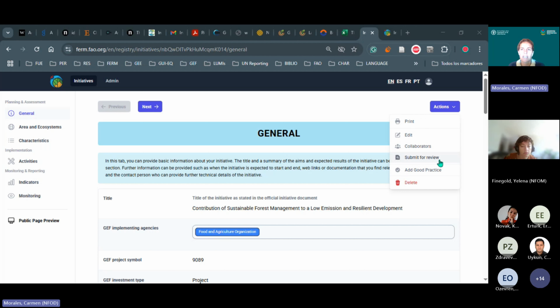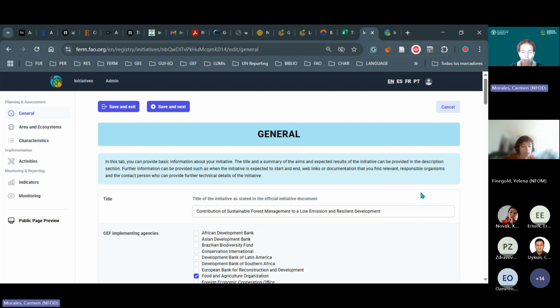And then the submission process basically is, I will be responsible for reviewing all the information, checking if the GEF core indicators are correct, if the achievement is correct based on the information that you submit in the PRRs. And then once I see that the information is correct, the information gets published and can be found in the search engine. So also my colleague Temi mentioned before that the registry